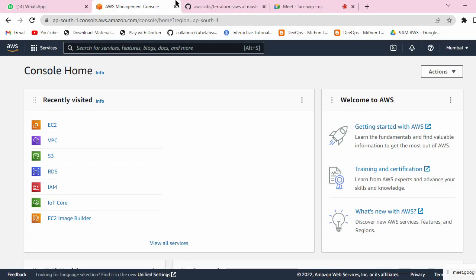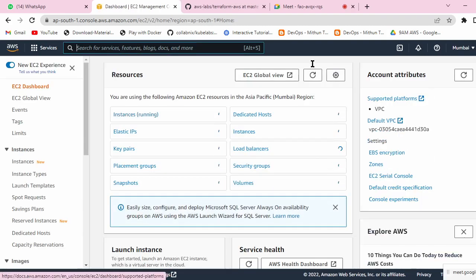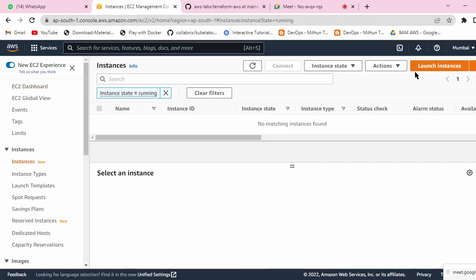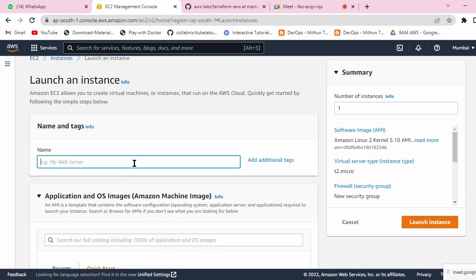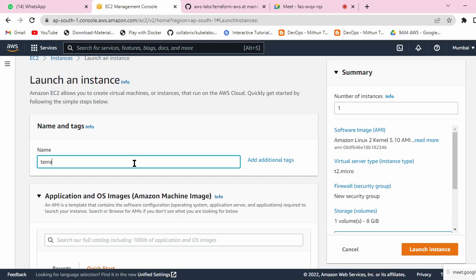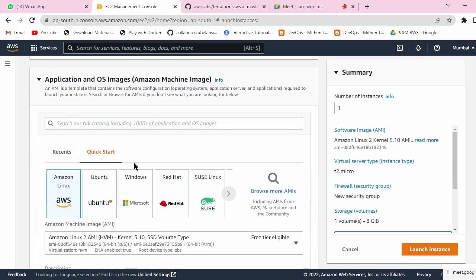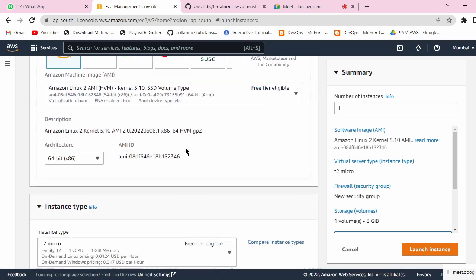Let me log into the AWS. Let me create one EC2 instance. Ap-south-1. Launch instance. I'm just naming it Terraform Linux.